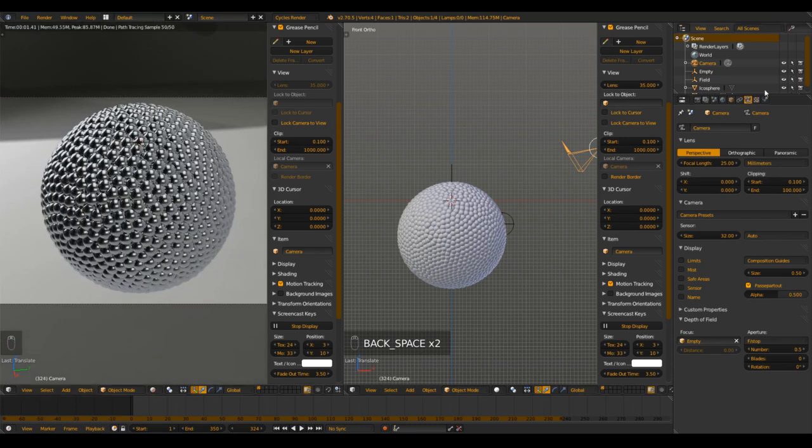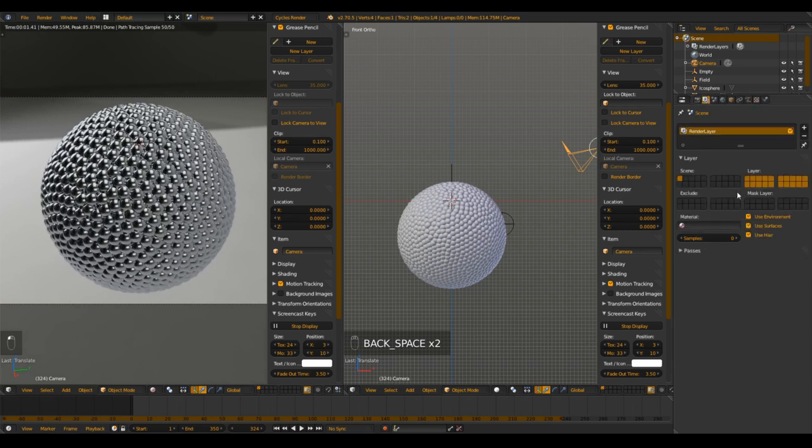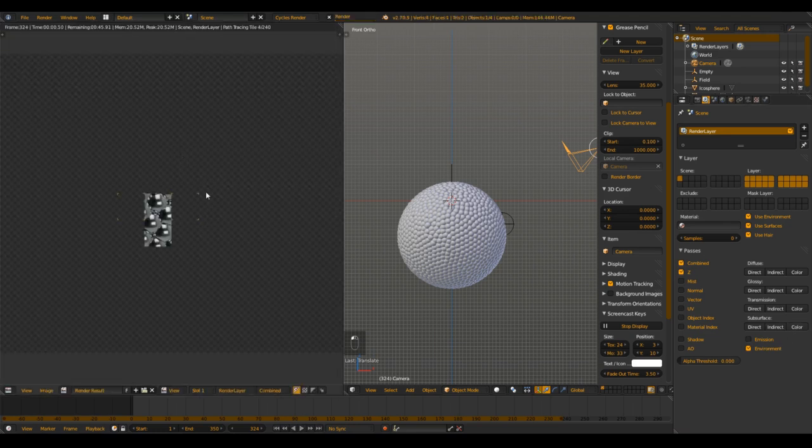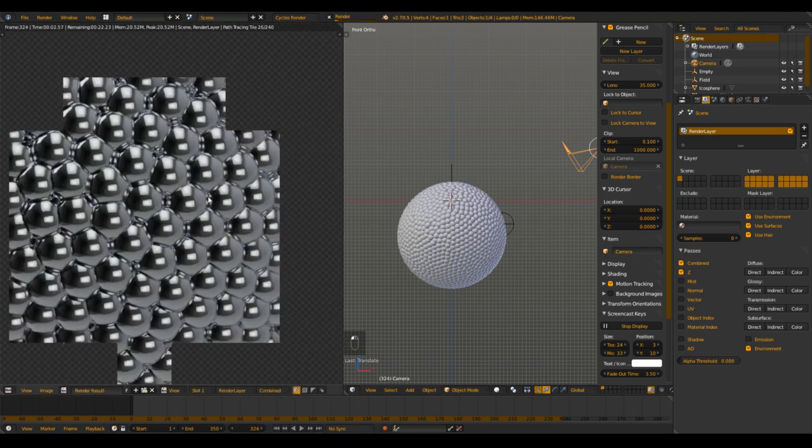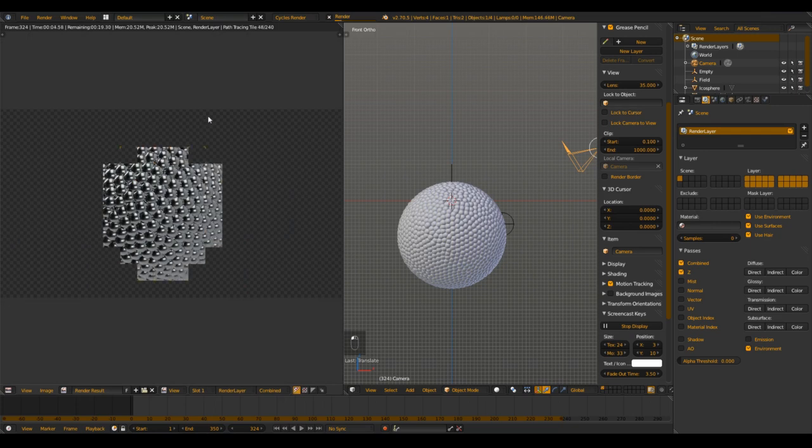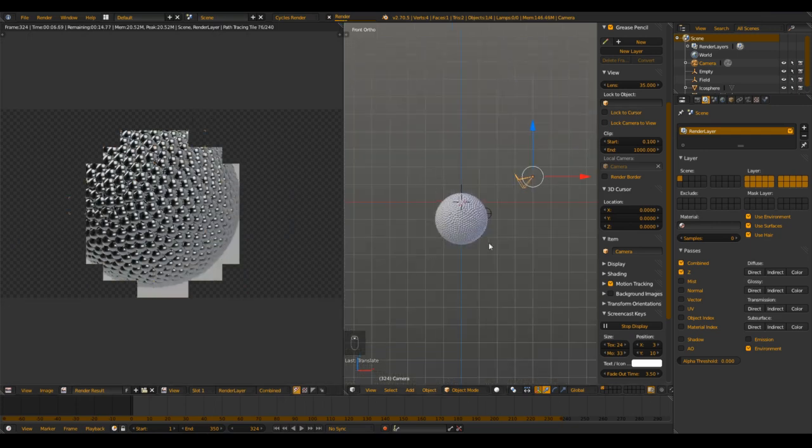So now we can render that, but first we have to check the render layer, and there is the set paths enabled, and I think I also want to turn on environment, because maybe we need that. So I will render that, and in this part, or in this